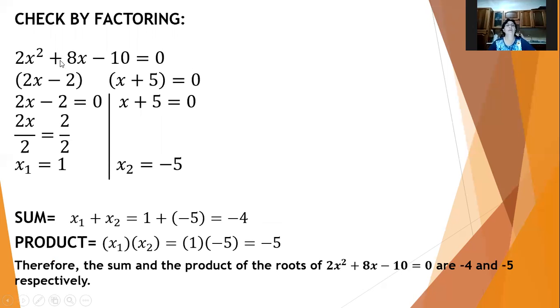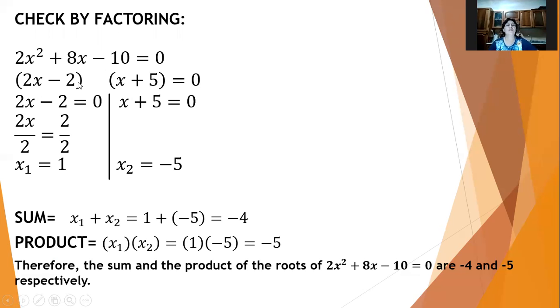Check by factoring. Again, we have to check using factoring. The given equation is 2x squared plus 8x minus 10 is equal to 0. Then factor, the factor of 2x squared is equal to 2x times x. The factor of negative 10 is 2 and 5. But we have to consider the middle term. Since the middle term is 8x, see to it that